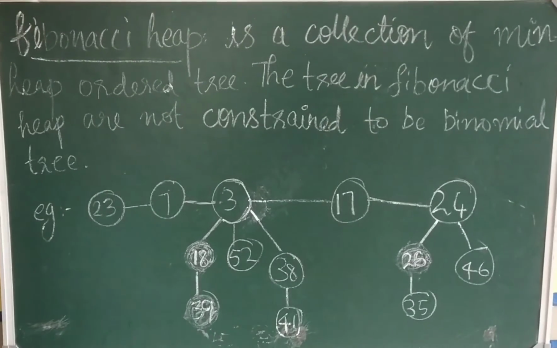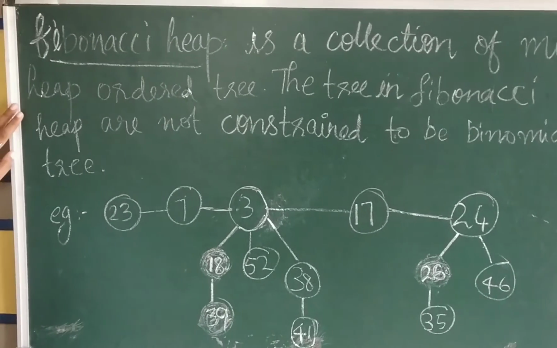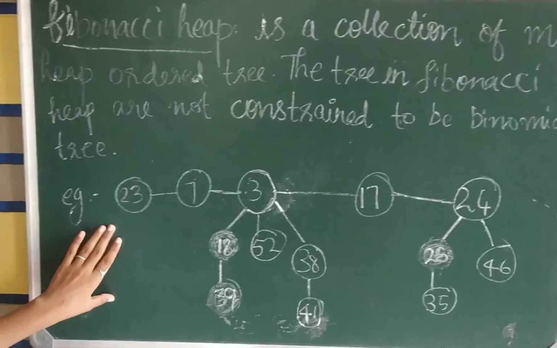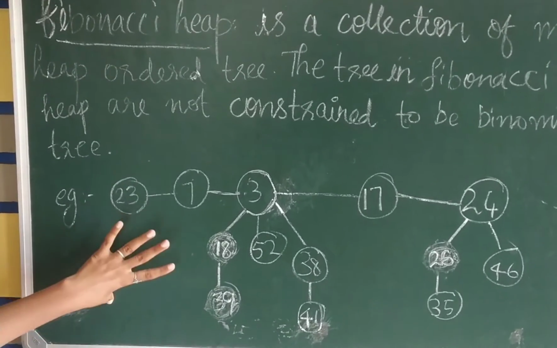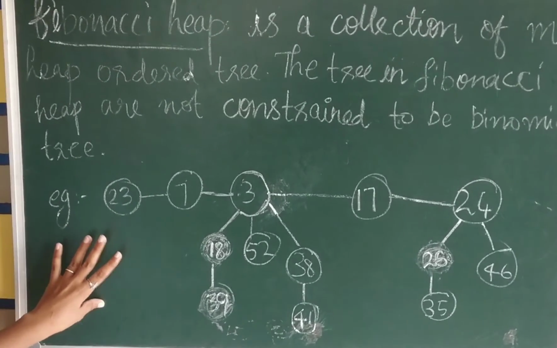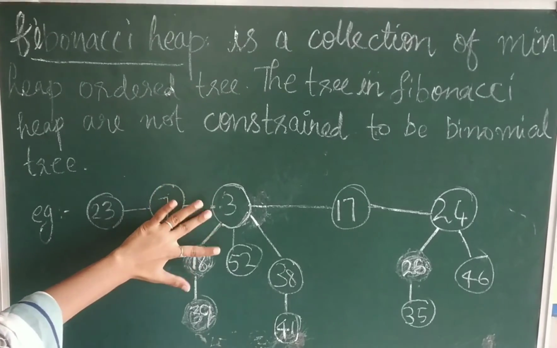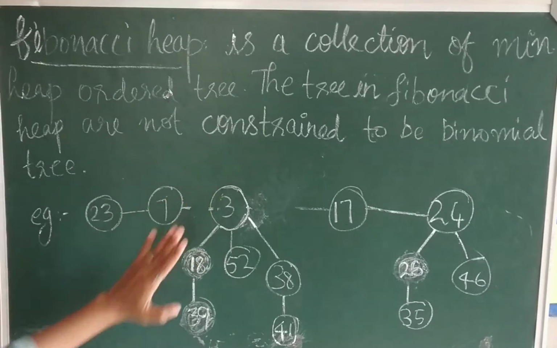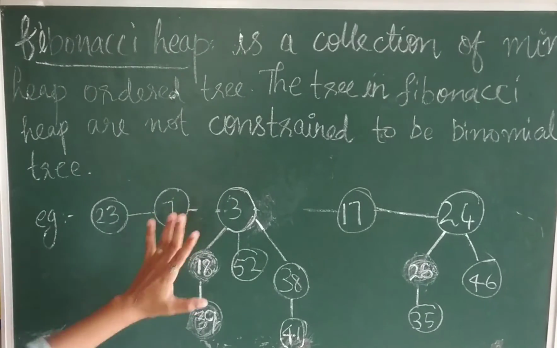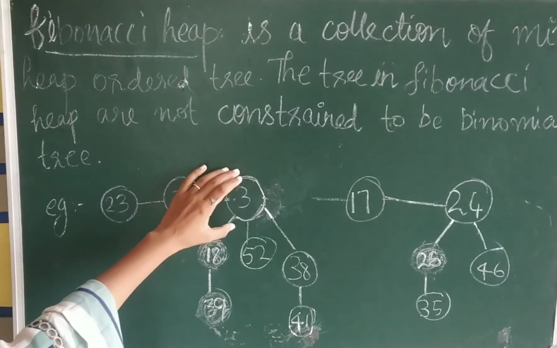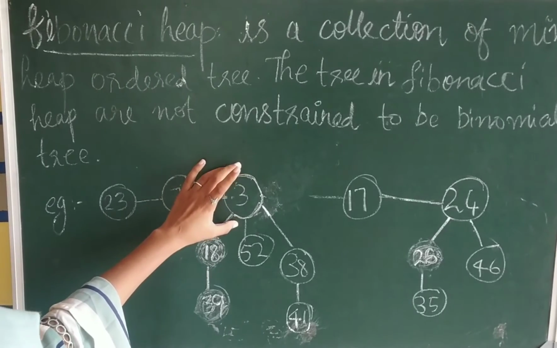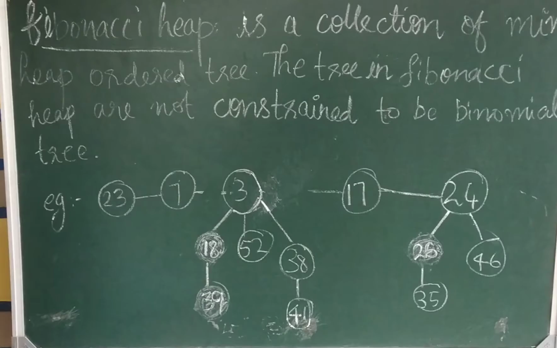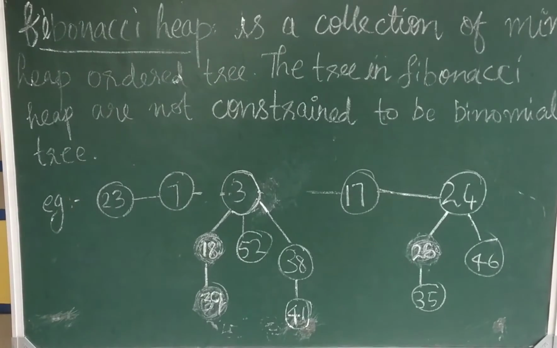So first we will discuss what a min heap is. This is an example of a Fibonacci heap. Here are some marked and unmarked nodes that we will discuss later. Now I will explain what a min heap is. Here you can see a kind of tree structure. This is a heap, a min heap. Here all the root nodes will be less than the children. Then it is called a min heap.